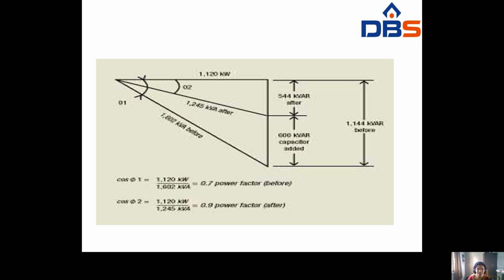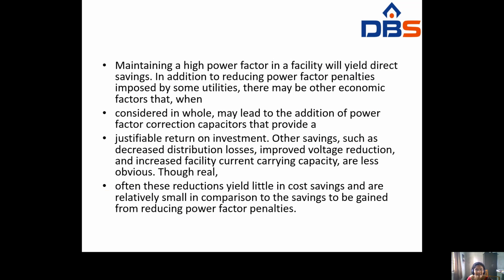See here, maintaining a high power factor in a facility will yield direct savings. Whenever you maintain a very high power factor, it will yield direct savings. In addition to reducing the power factor penalties imposed by some utilities, there may be some economic factors that